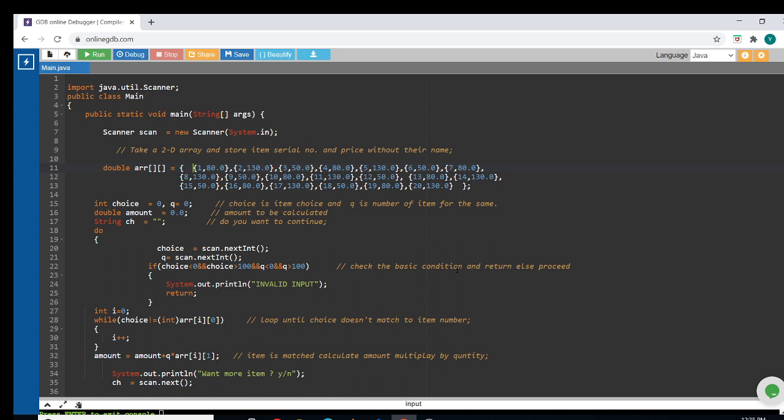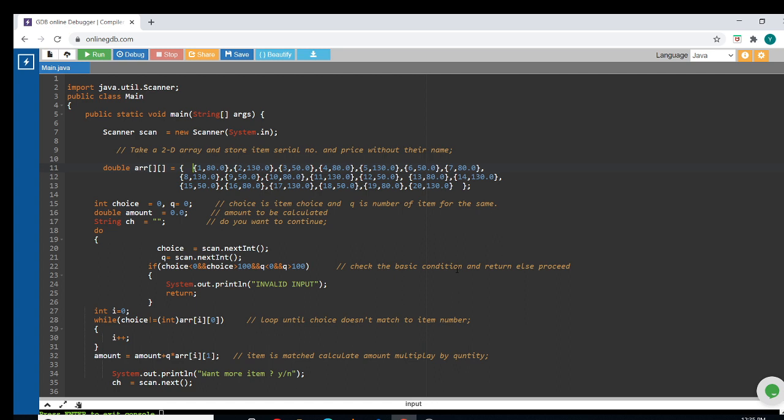Now you will multiply 2 with the price of item number 1 and return the amount which you have to pay. In a similar manner, you will ask the customer again if he wants to continue with more items. If he wants to continue, the user will input y.